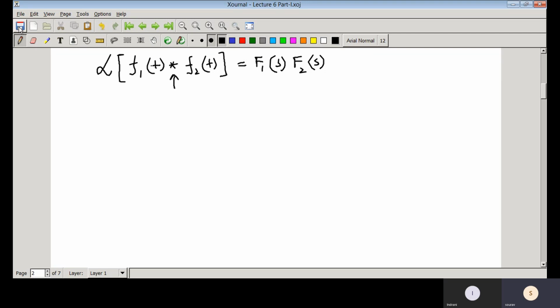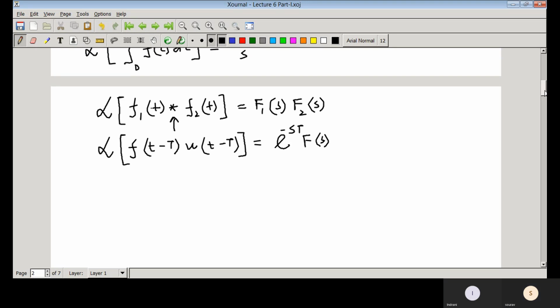So now if you introduce the delay or time shifting operator, then what happens? It's a function of t minus capital T. So capital T is the delay, and here u is the unit step function. It is delayed by capital T. Then if you take the Laplace transform, it would be e to the power minus s capital T F(s), where F(s) is the Laplace transform of f(t).